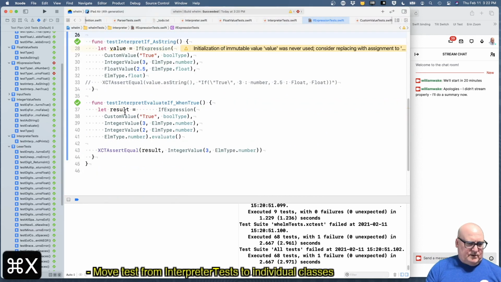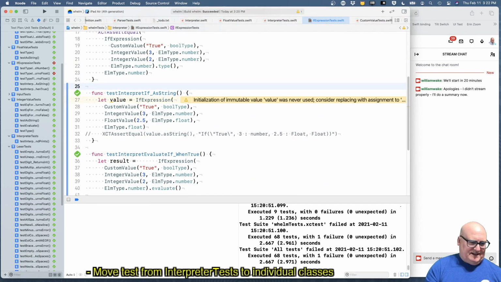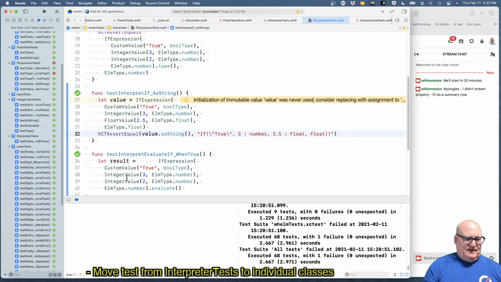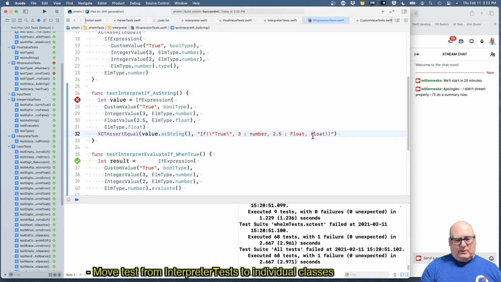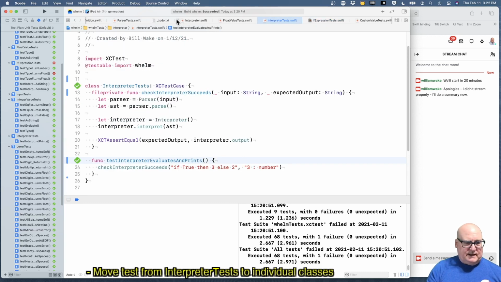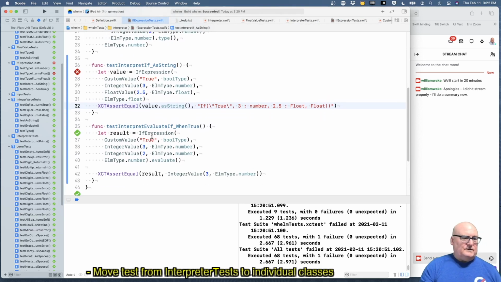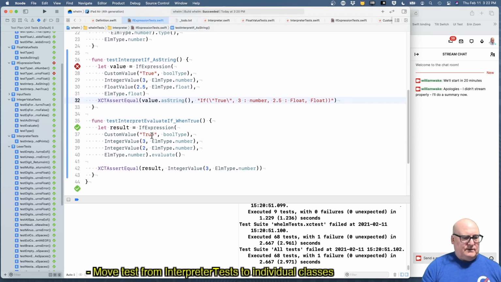Okay, I guess we were just debating last time whether it should interpret. So mostly we do interpret and we get a value. This is uninterpreted, but maybe we want to look at it. So we thought, oh, let's give it an as string. So I think we'll leave that as a failing test. But let's get these tests over into the parser tests. Okay. So evaluate if when true,